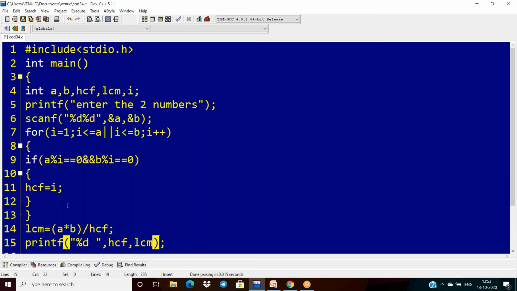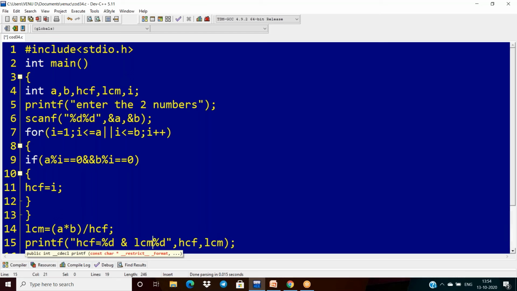I already found the HCF, so I need to calculate the LCM. That is why I am using percentage d, percentage d for HCF and LCM.